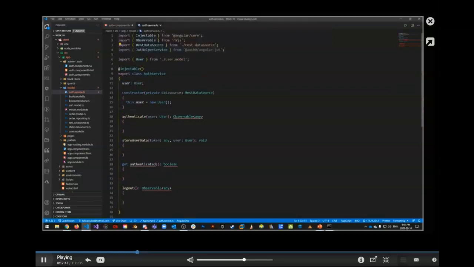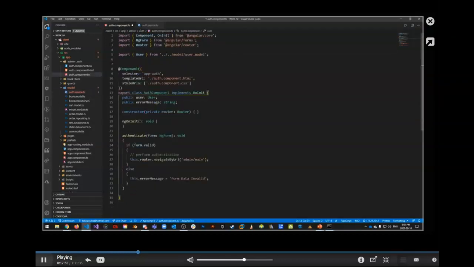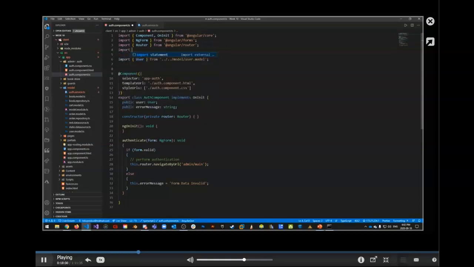So up here, we have our auth component, and underneath our router, we're going to import the auth service. Let's get that going. So auth service, and it's going to be from dot slash